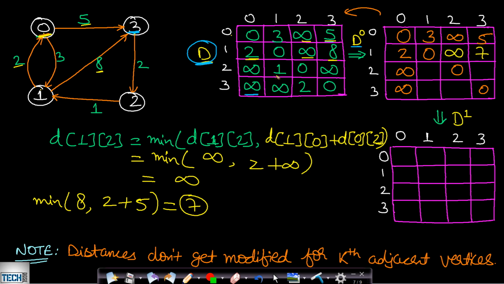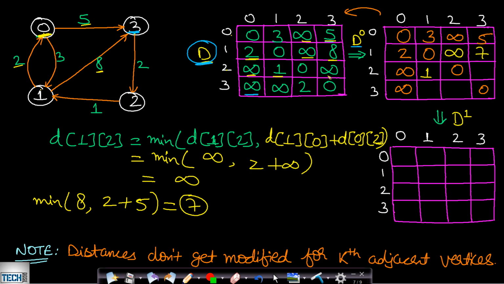So from 2 to 1 already known distance is 1. Now if we include this node 0, then the distance will be from 2 to 0 and from 0 to 1. So from 2 to 0 the value is infinity. So since this edge from 2 to 0 is infinity, we can say that this will not be included. So whatever is the value is coming, we will just paste it here, because nothing is greater than infinity. Okay, now the next part is from 2 to 3.